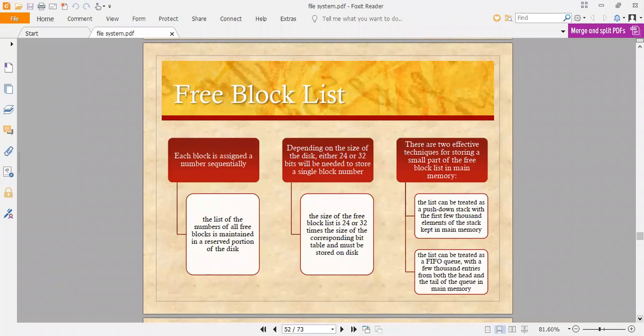And there are two efficient techniques for storing a small part of the free block list in main memory. The list can be treated as a push down stack, or we can implement it with the help of a queue by using the first in first out method. So both data structures can be used, stack or queue, for maintaining this free block list.